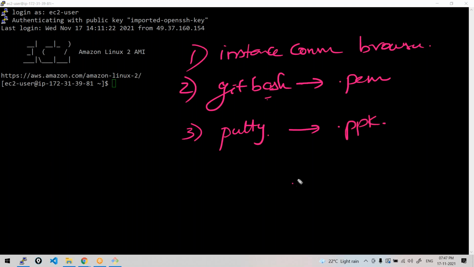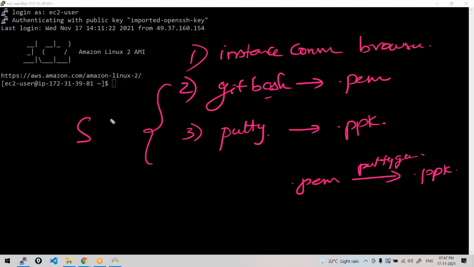That's why, since we only have the PEM file, to convert it into a PPK file we have used PuTTyGen. What is this PPK file and what is the concept behind these files and connecting to them? The underlying concept is SSH, which we'll be learning as we go along. So we finally connected to those instances. Got it, all of you? Has anyone tried it?